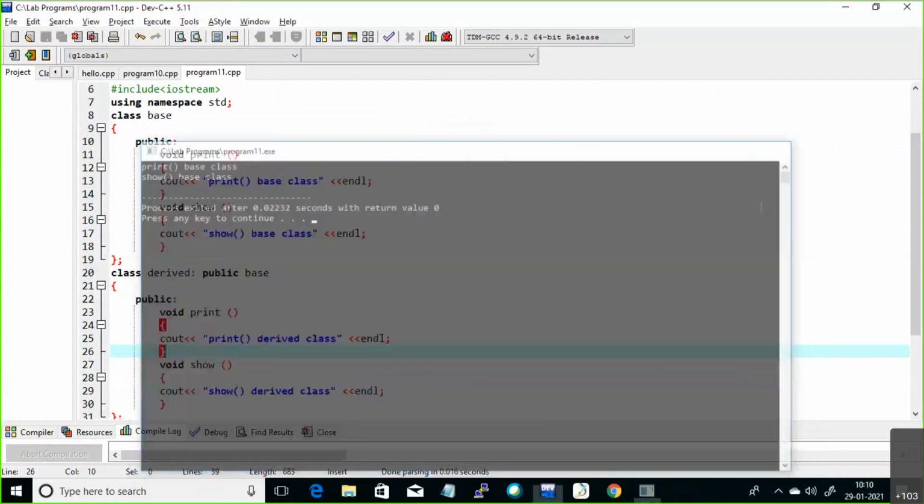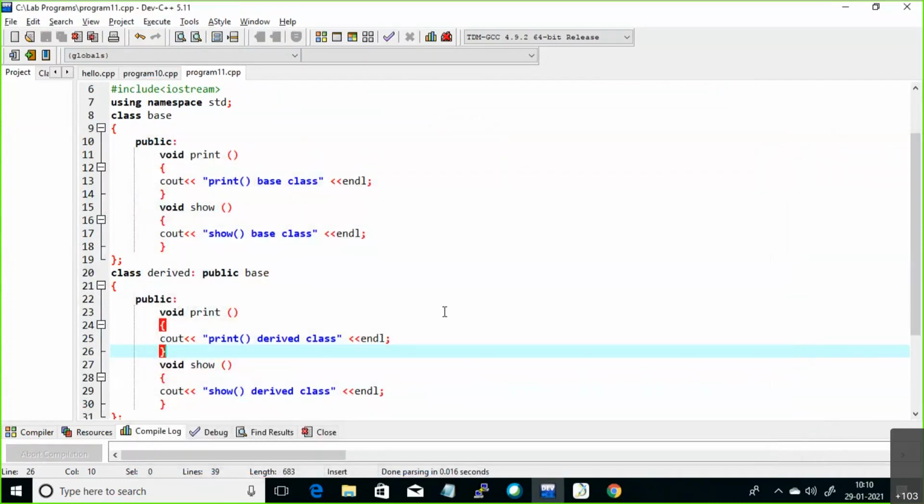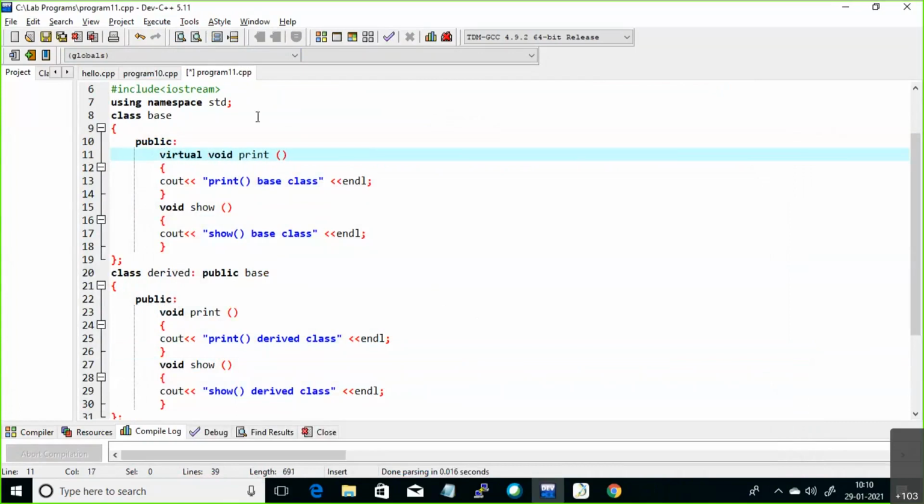But in our example, they are asked to use virtual. By using virtual keyword, you should access derived class members as well. Just give virtual. By using virtual function, you are in a position to achieve runtime polymorphism. For runtime polymorphism also, you just write the same example. This example only you can write for virtual functions.